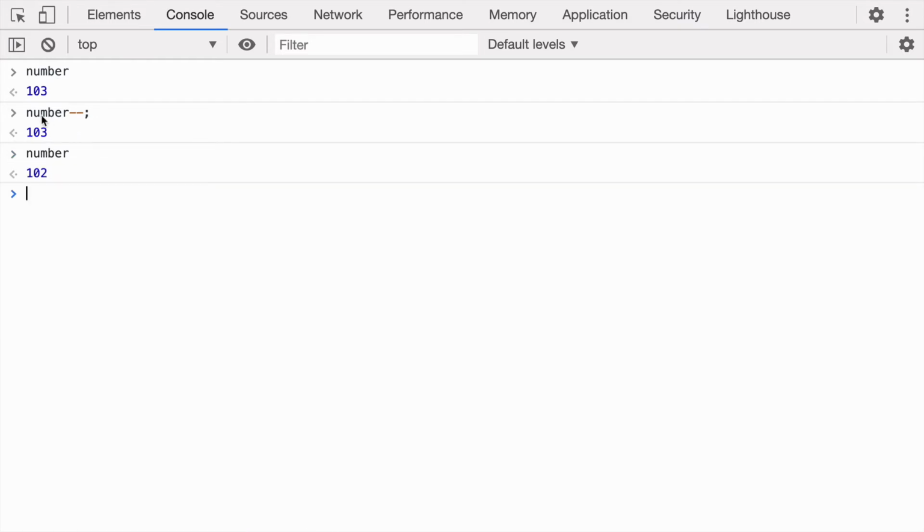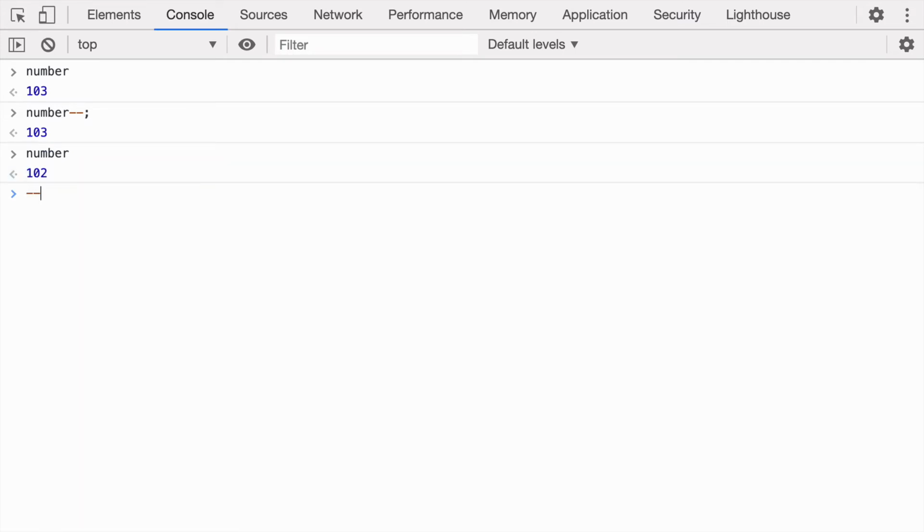Again we are seeing the same behavior. When we use the decrement or increment operator after the variable, it will use the previous value and then increment or decrement the value. Here it is decrementing the value. That's why we got 103 as the result, but when we access number, we got 102.